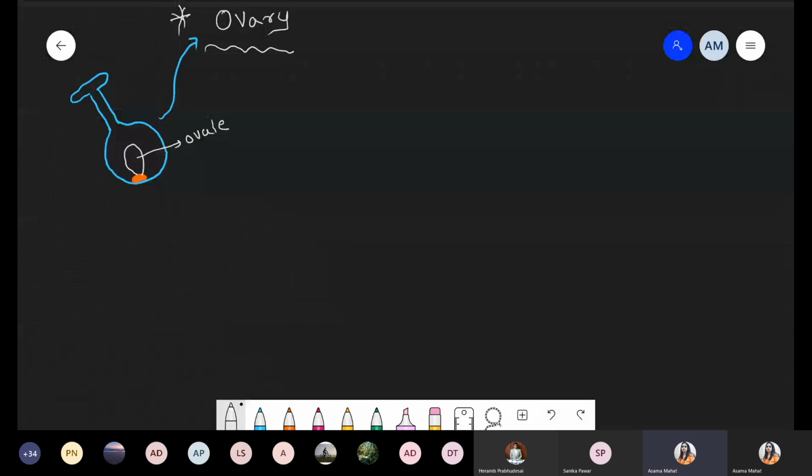So we have to discuss that the white color parts are the ovules. At the base there is the presence of placenta, because on the placenta there is an arrangement of ovules. So this bottom part, we have to focus on that part, that is the part of the ovary. Now what happens if you see this typical structure?